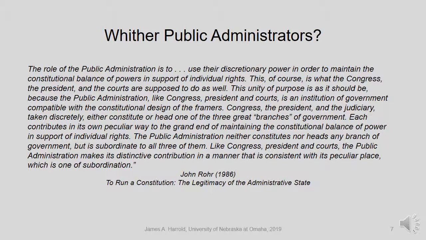And so we have this argument about whether public administration is a fourth branch of government. It is not in the Constitution. However, it is an important and real aspect of government, and it plays into the whole setting of intergovernmental management. This is a great quote. Take the time to read it. I'm not going to read it word for word, but it's also a really interesting book, albeit 30 years old.